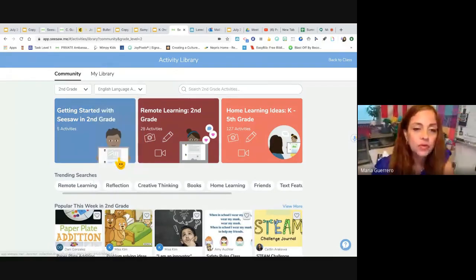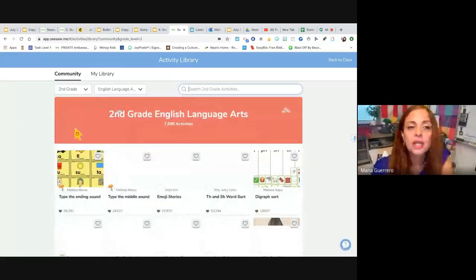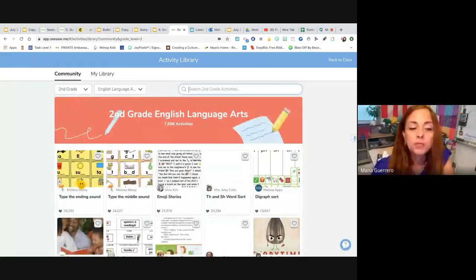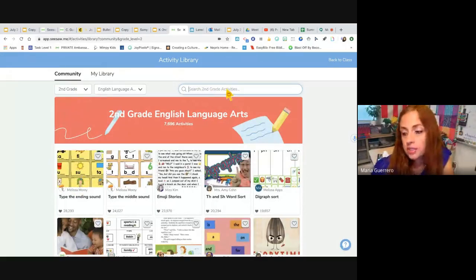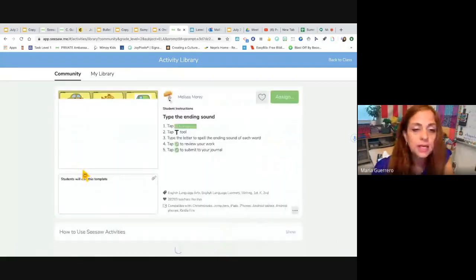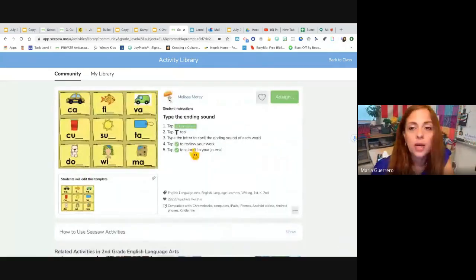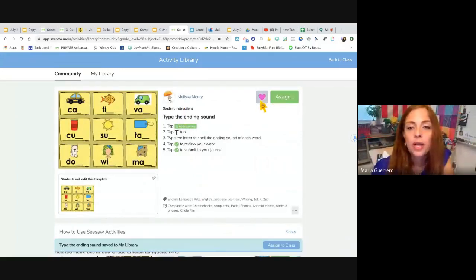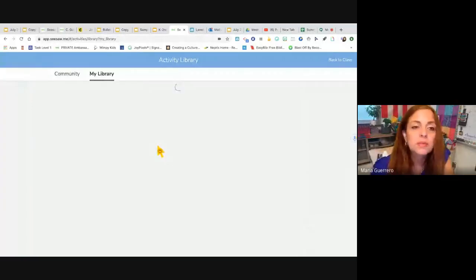So let's look at the language arts one. I've been practicing my TPRI. I actually like this one. Or I can just search for fractions or whatever it is. But I'm going to be practicing my TPRI, and I look through it and say, yes, I'd like to assign it. If not, I could put the heart and it'll put it in my library. Or I could just assign it, but sometimes I like to put it in my library